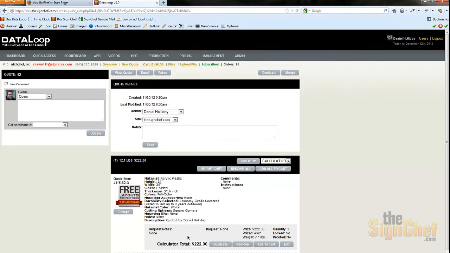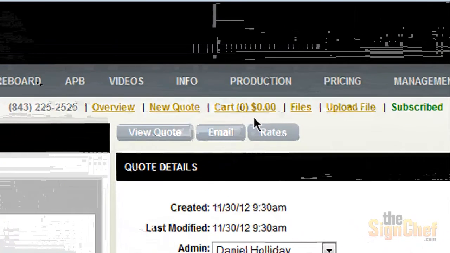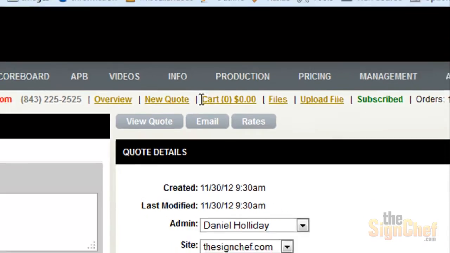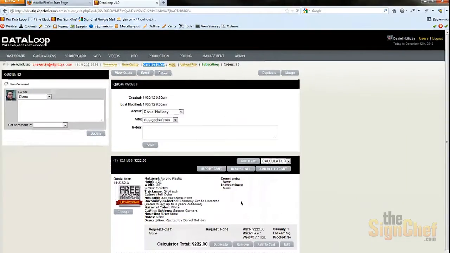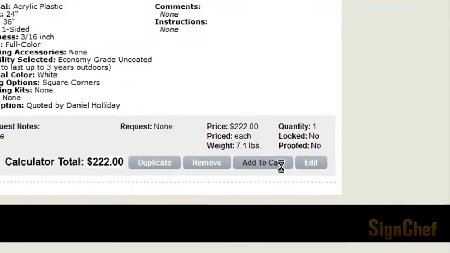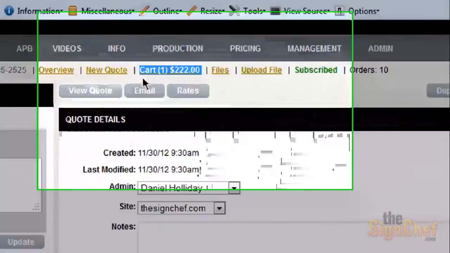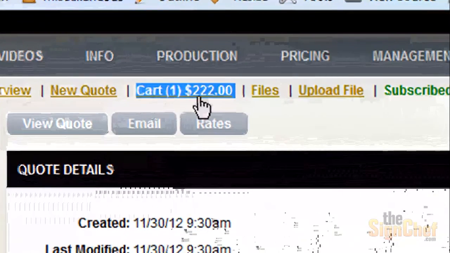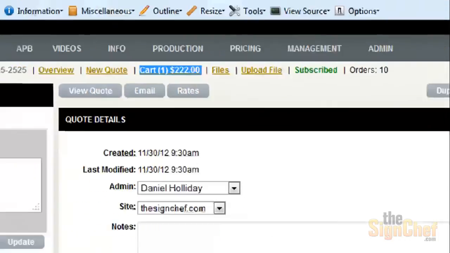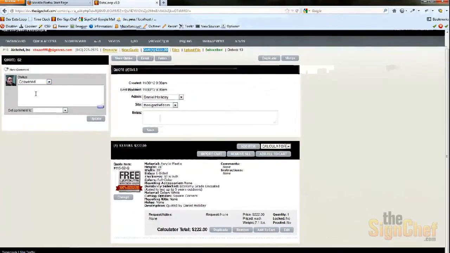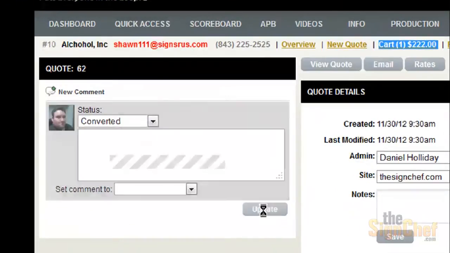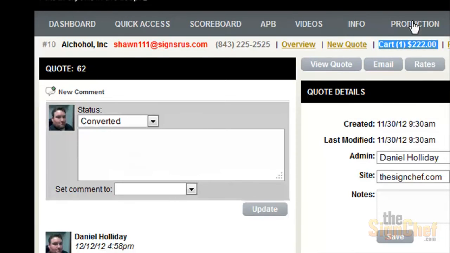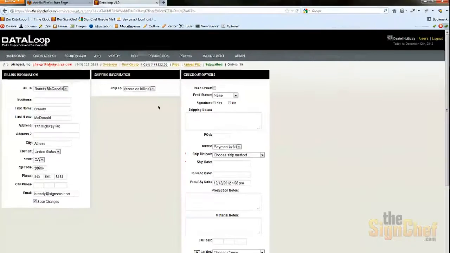And when I want to add it to my cart, which is located up here, which currently has nothing in it at a value of $0, I'm going to hit add to cart. Pretty simple. Then I come up here and you see it now has one item for a total of $220. Now when I'm placing this order, I want to move it to converted so that it doesn't remain as a quote. Then I go into the shopping cart, which is this page, and it's going to pull up any information